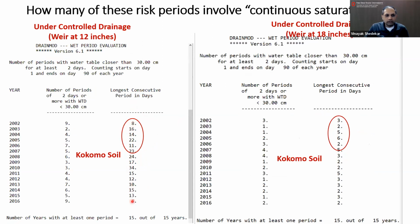Okay. That number goes up to 16 or 14 or 22. So you can see all two-digit numbers if you have the weir depth set at 12 inches, but it again drops down to single digits if you simply set the weir at 18 inches. Okay. And this is what you want to see, only a few days of saturation, even in a controlled drainage scenario,